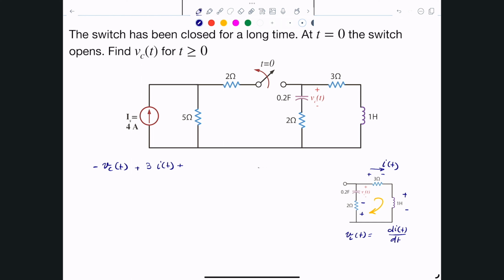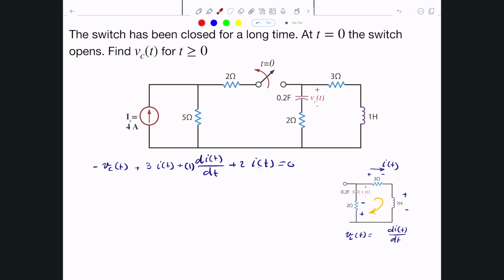So that is here. Just as a quick check, passive sign convention, we hit the positive, so positive here is okay. That tells me that this is simply di of t divided by dt. So I'll write 1 here just as a reminder, this is the value of L, plus 2 times I of t, this is for the resistor of 2 ohm, equal 0. So we have written this equation, and this equation has I of t and Vc of t,